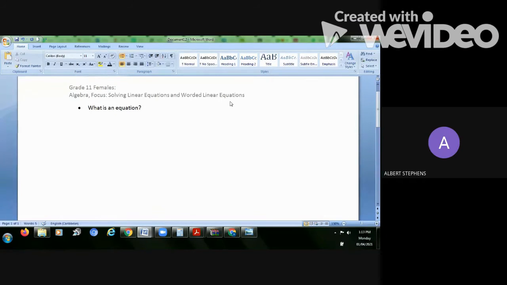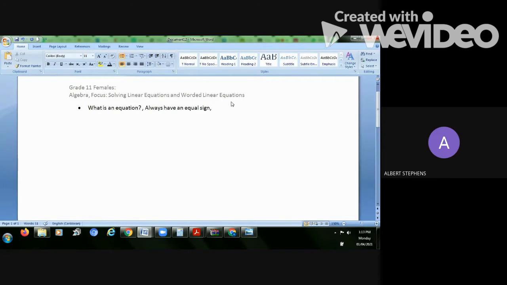What's an equation? Basically, we can have some statements about equations. One, they always have an equal sign. Point number one: always have a what? An equal sign. Now, if you notice, if you get a question,